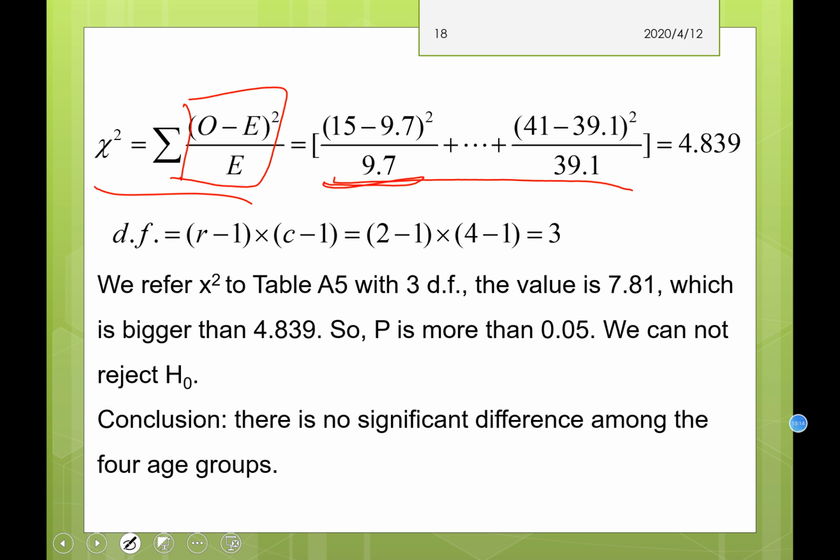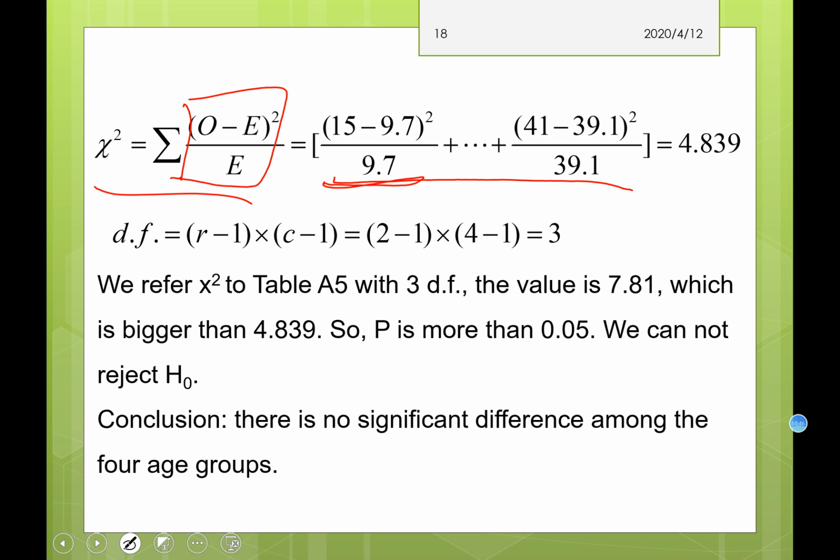And then we can get the test statistic. Its number is 4.839. And the DF, we have mentioned that for a 2 times 2 table, the DF should be 1. But here we have a 2 times 4 table, so DF is 3. And then, in a similar way to the other hypothesis tests,